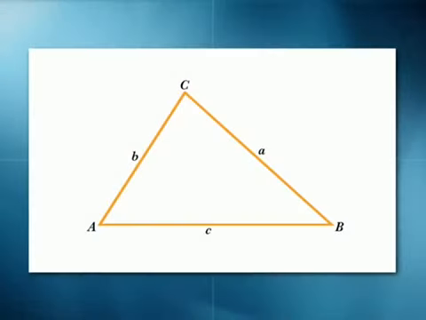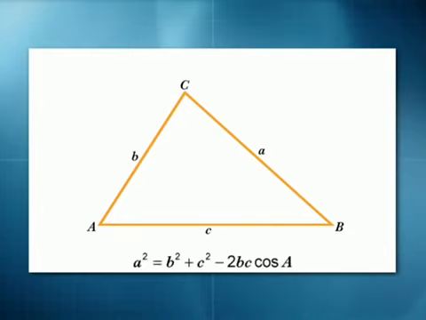So what does the law of cosines say? We'll start again with our favorite little triangle, ABC. And the sides opposite the angles labeled A, B, C are labeled with lowercase letters a, b, c. So the side opposite angle A is lowercase a, etc. Here's what the law of cosines says. It's really nice. The law of cosines says that a squared equals b squared plus c squared minus 2bc cosine